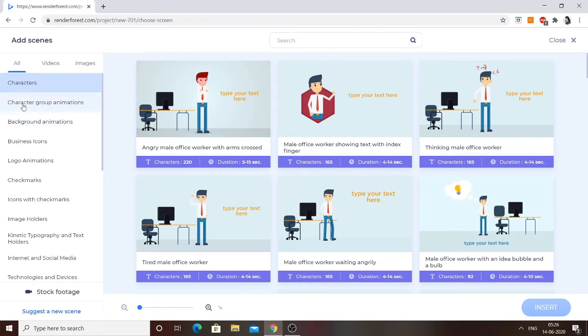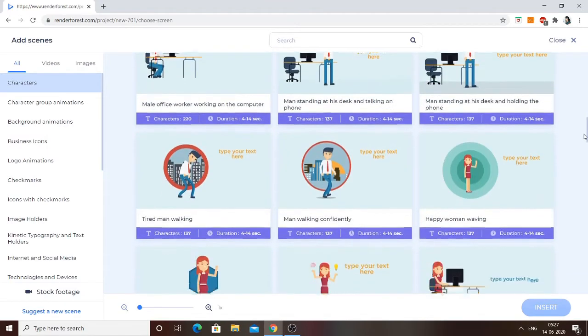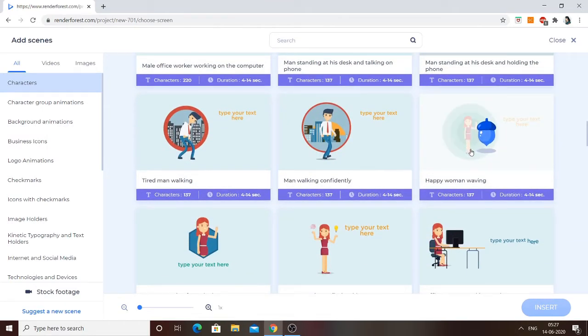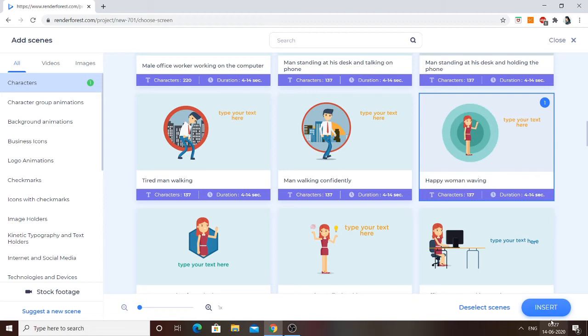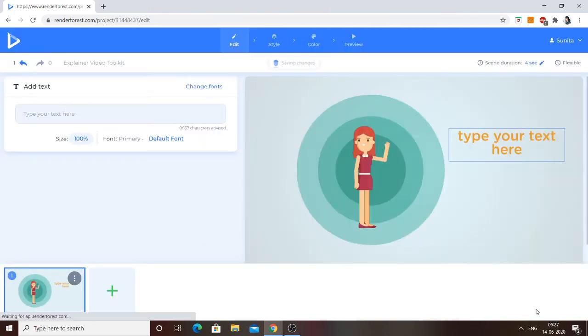We have background animations as well. So let's select one out of this. Let's say I am selecting this, and then I have to click on insert. I have inserted. Now I can type my text here.